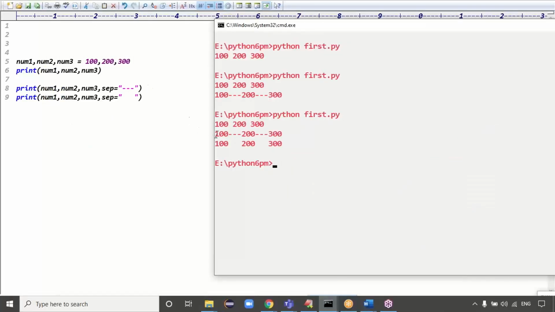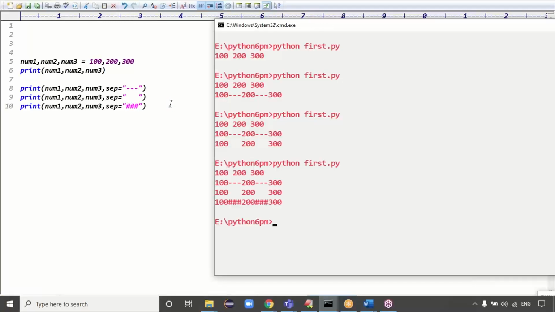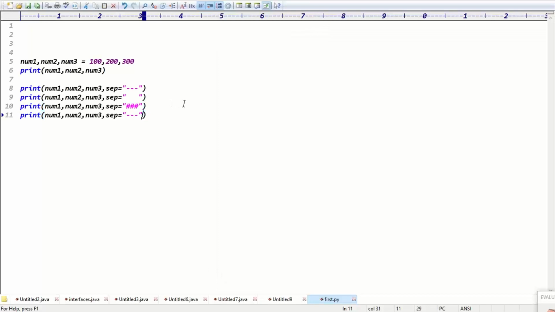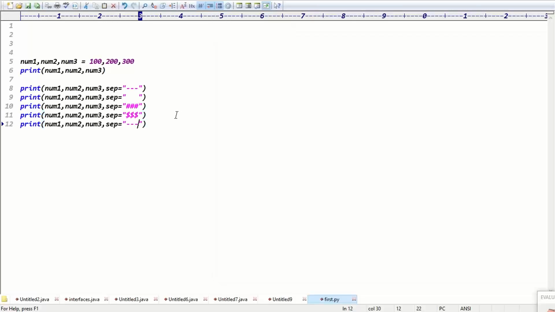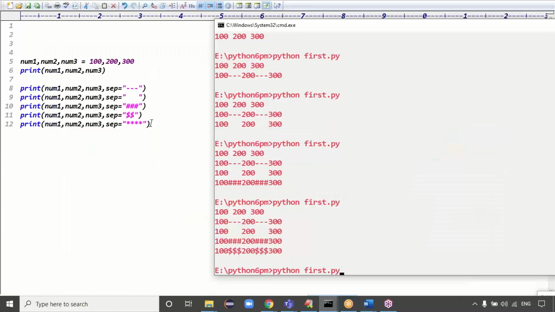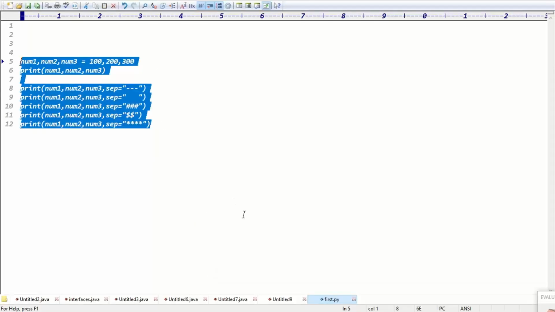You can give multiple hashes, dollars, or stars, whatever symbol you need, depending on your requirement. That separator we have to give. Everyone is clear about the separator, right?